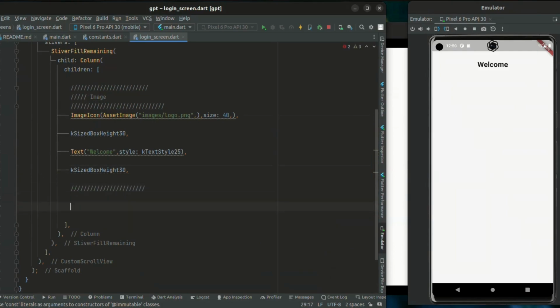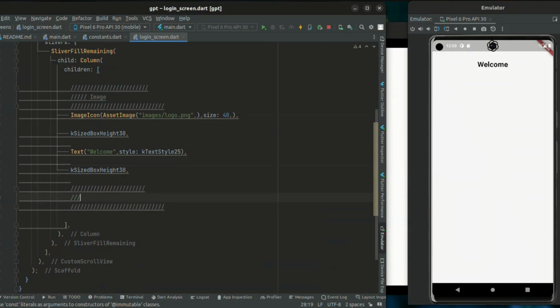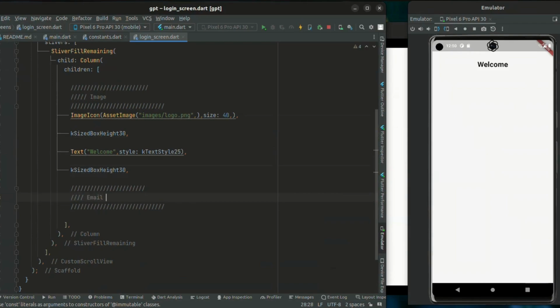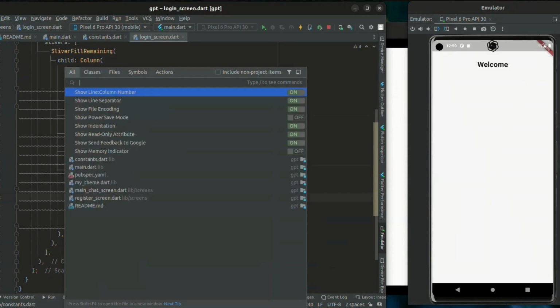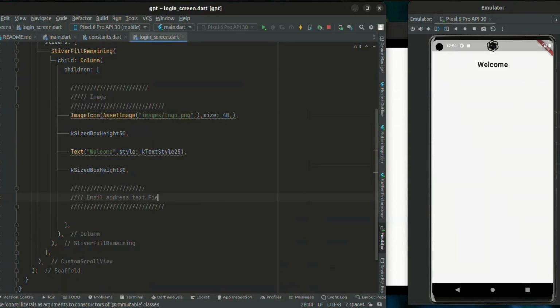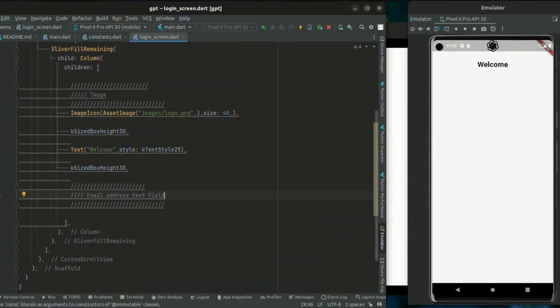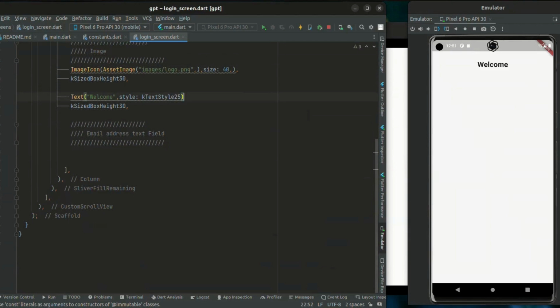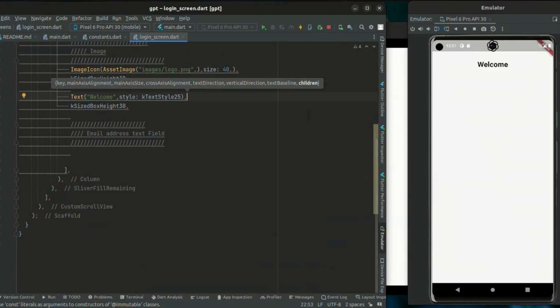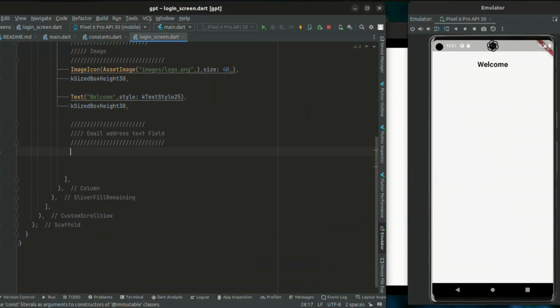another comment where we'll have the email address text field. So the email address text field, what we'll do is let me just put this here so it becomes a bit organized. So this is close to this, this is so close to this. So with the email